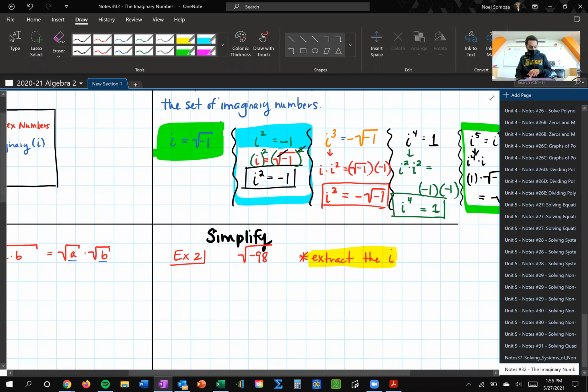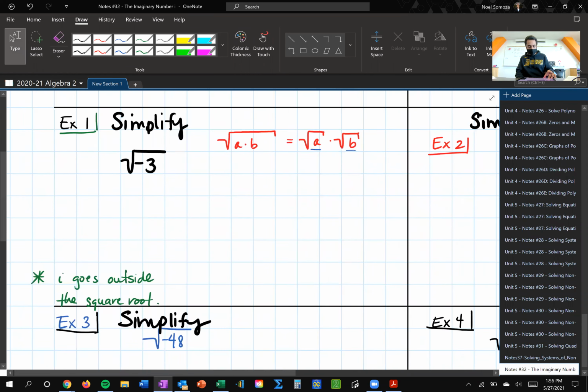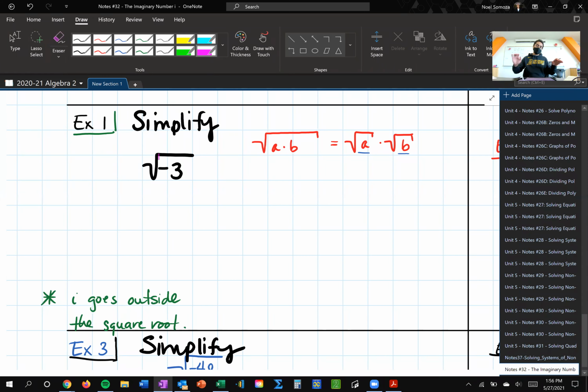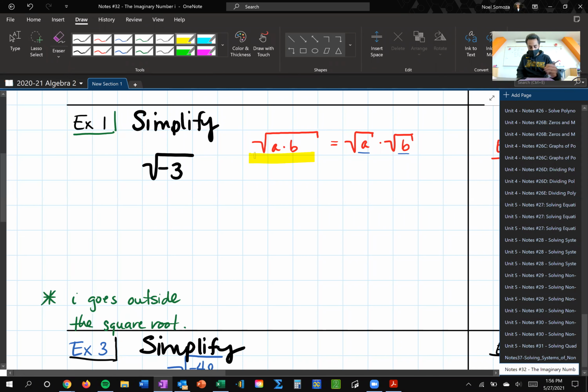All right, let's move on to an example now. And this is where we're going to start to simplify these complex numbers. Okay, so we have seen things like this before, where we get to, let's say, the quadratic formula, and inside of a square root we see a negative. A lot of times we would just say, oh, that's imaginary, and we would stop, right? We wouldn't continue to simplify. Now that we know that there is a value for a negative inside of the square root, we're going to have to simplify. All right, so I want to talk a little bit about this property of square roots first, which says,